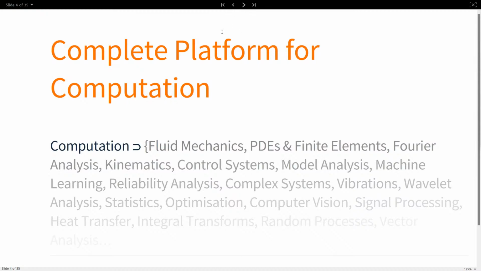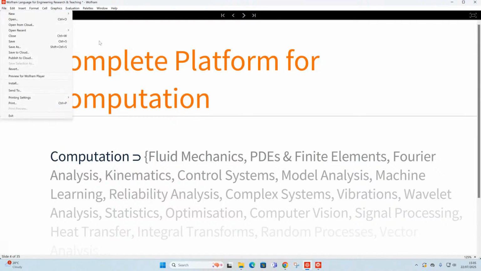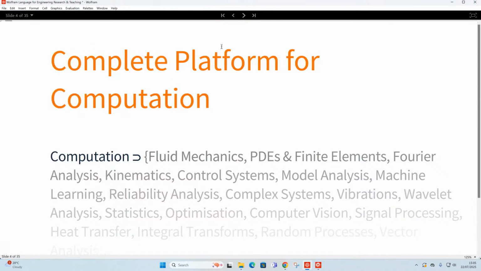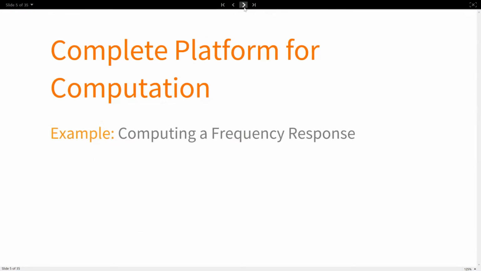I will also add that all the code you will see today is Wolfram Language code. And I'm doing this talk within a Wolfram notebook. Okay, go outside of full screen and you can see my cursor here. You can see that I'm in the Wolfram application. Okay, so the first example is related to